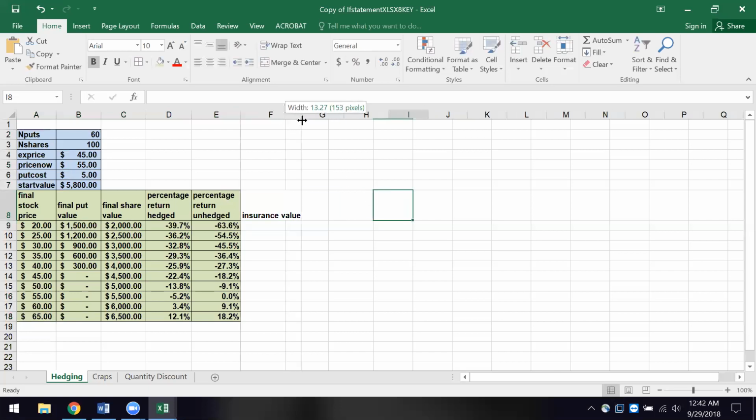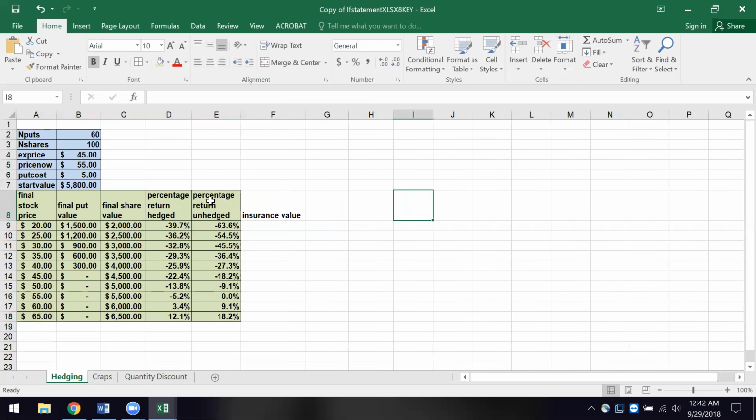I'll do that over here. I'm going to click here, and then I'll go to home, and then I'm going to click copy. Okay, and then I'm going to do format painter. There we go. And this is going to equal